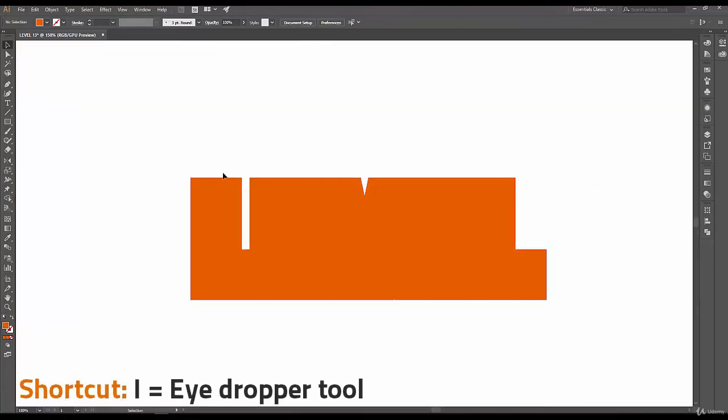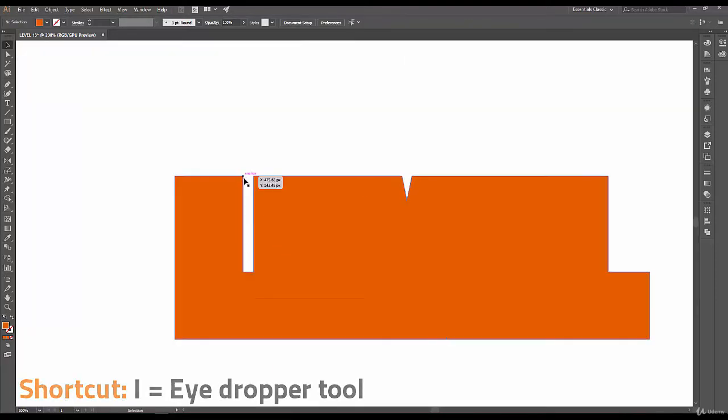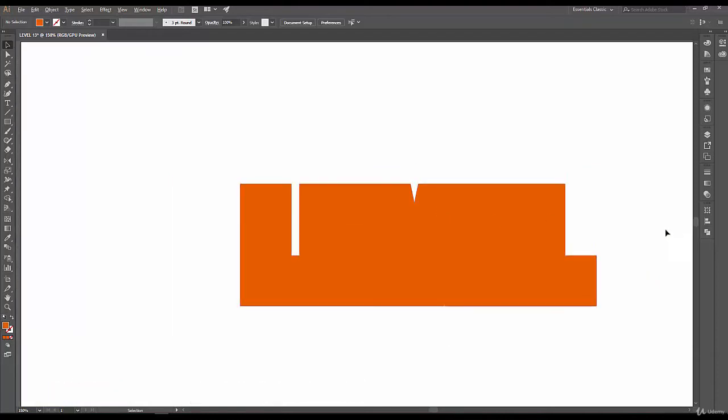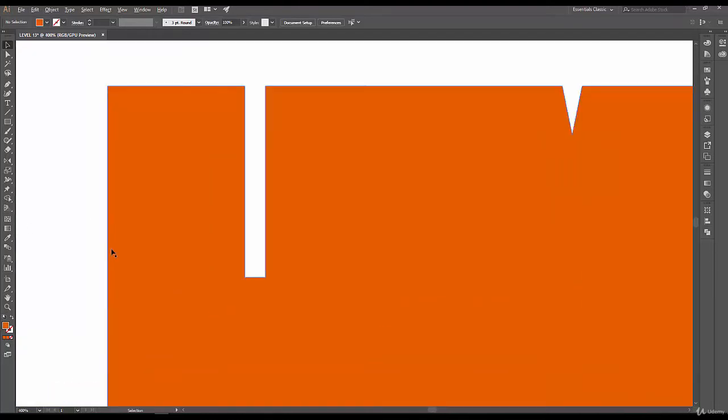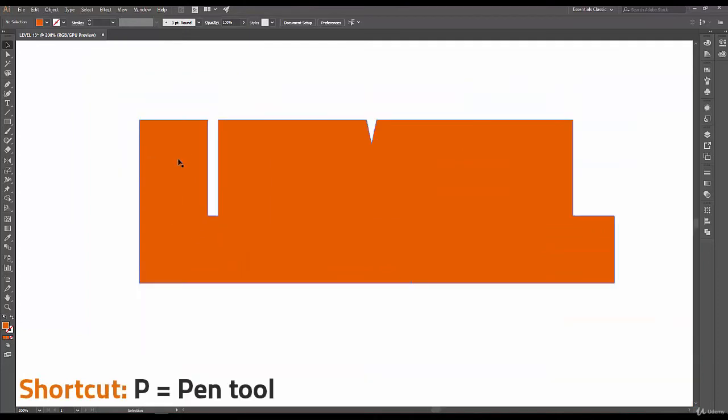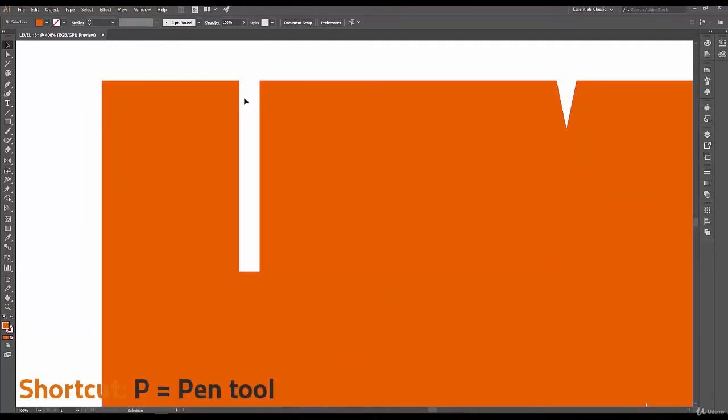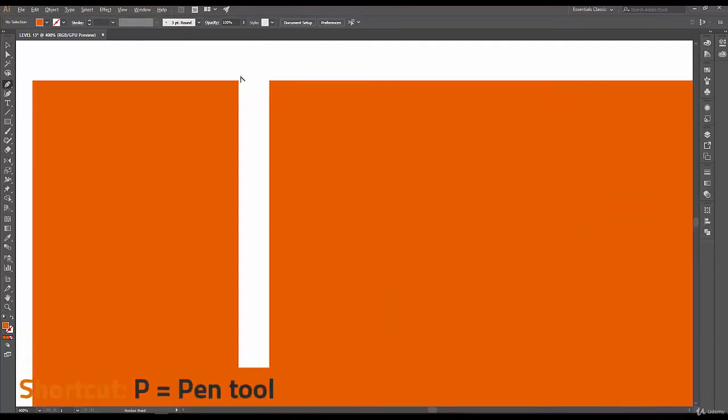Awesome. Next, we want to give it some perspective by giving it some sides. We're going to start drawing some sides with the pen tool. Select the pen tool by pressing P on your keyboard, and let's just start drawing points and lines to make a rectangle like this.